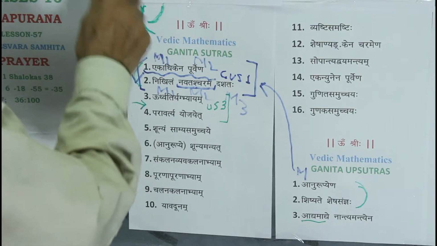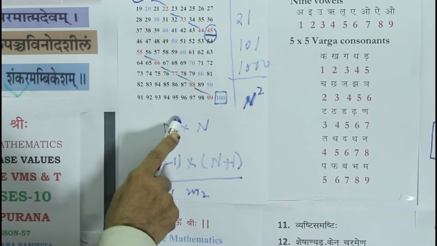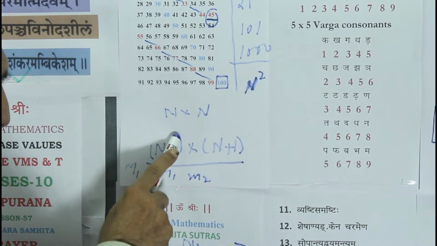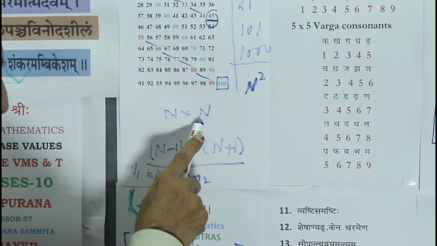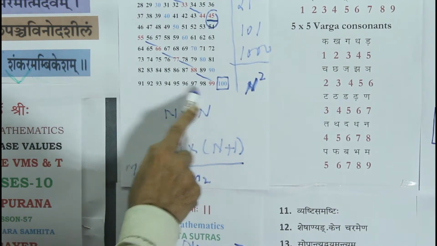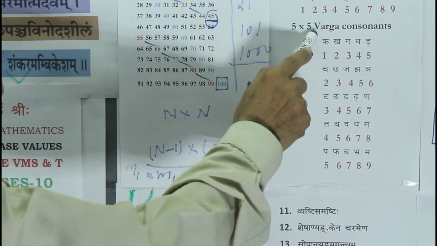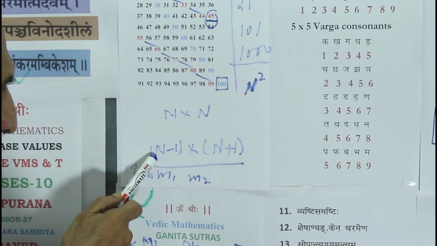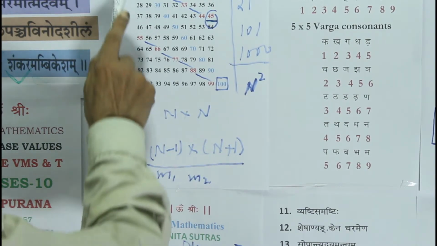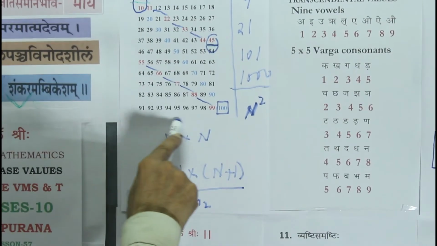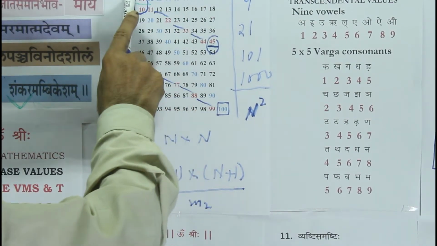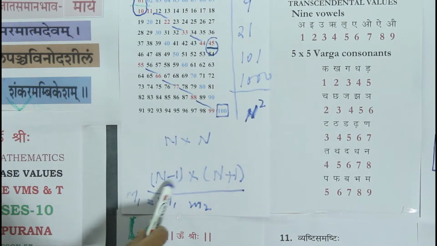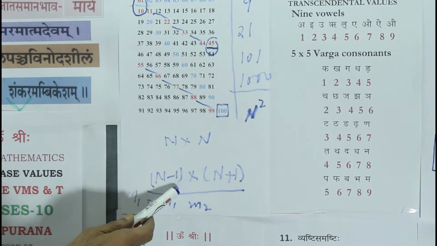Therefore, any range of numerals, say any place value n, with its numerals n minus 1, goes as n cross n grid, as we have seen in the context of the 5 cross 5 grid of the Varga consonants. However, this as an n minus 1 into n plus 1 grid will be making this organization format. This organization format of double digit organization, n minus 1 grid into n plus 1 grid, is the achievement,